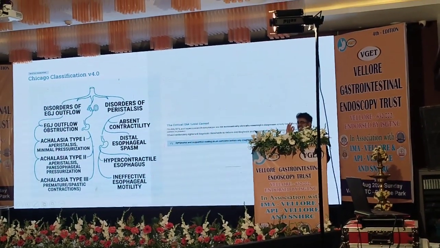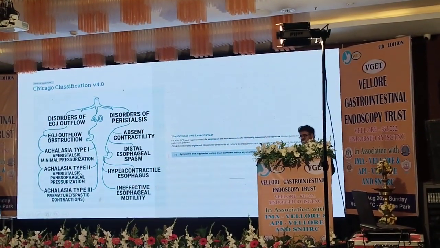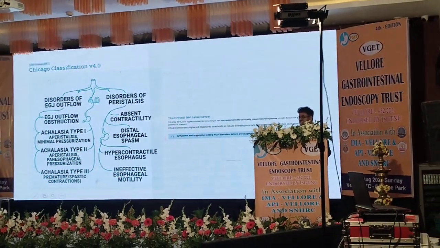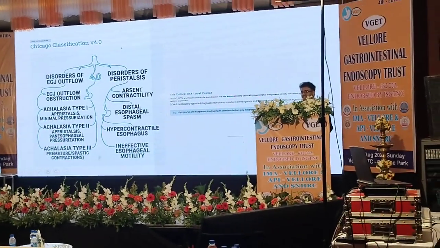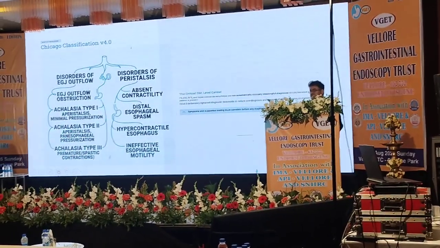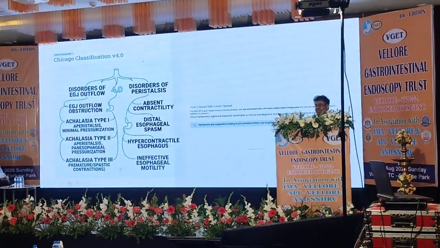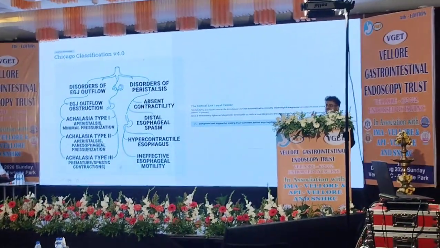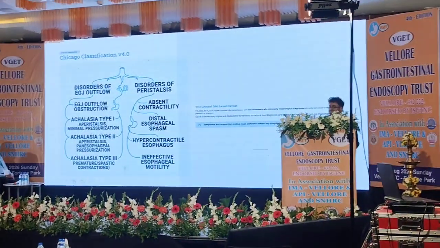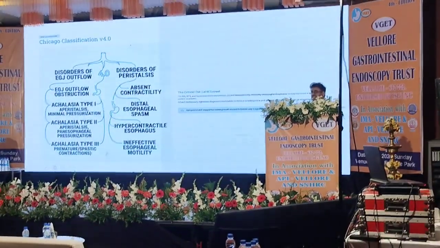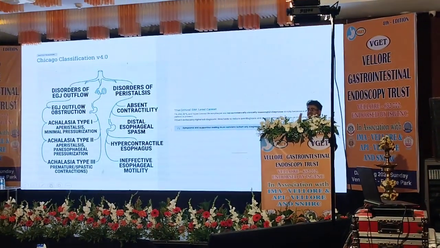So the peristalsis, if it is a complete lack of peristalsis, and the lower esophageal sphincter is not going to open, and the complete lack of peristalsis means it's type 1 achalasia. So in type 2, even if the peristalsis is not maintained well, high pressure is going to be generated within the esophagus. The pan-esophageal pressurization, if it happens, means it's type 2 in the background of